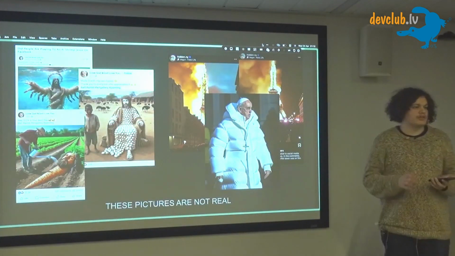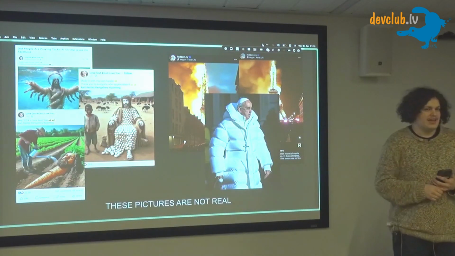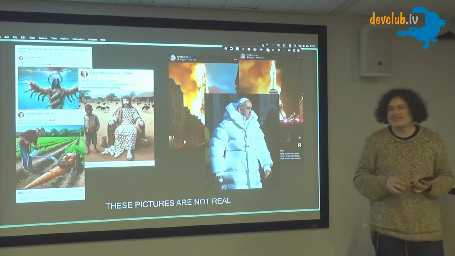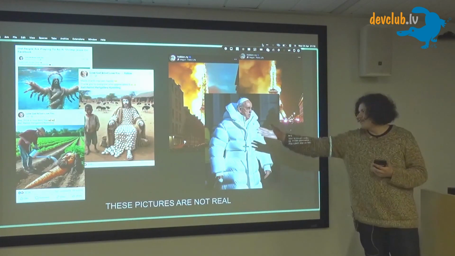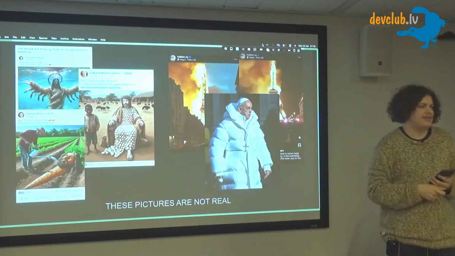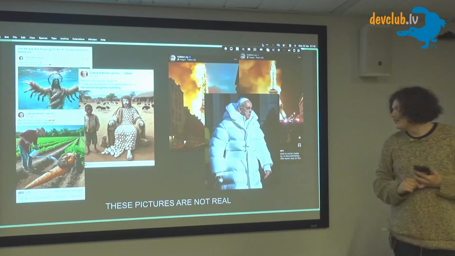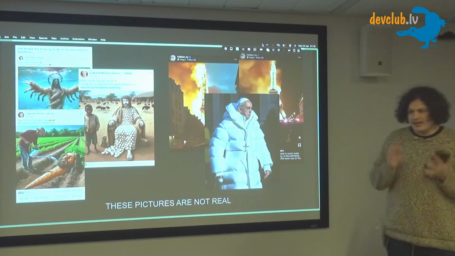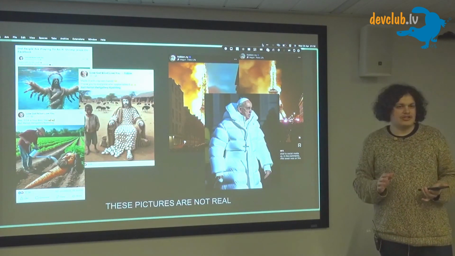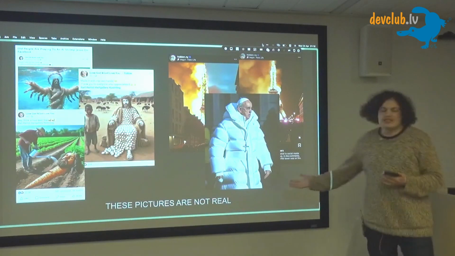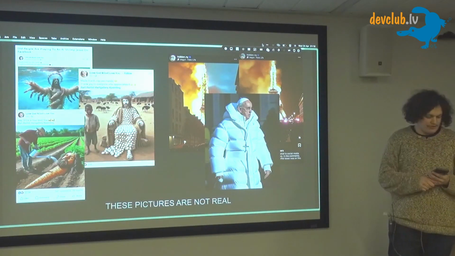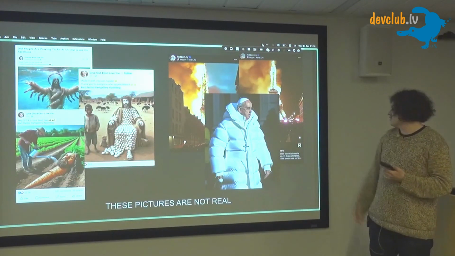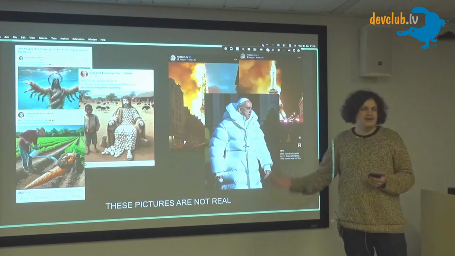So let's focus right now on the current state of the development of AI. The AI is here and is fully fooling us. On the left side you can see some fakes from Facebook, and there are even some articles. It's written, old people are praying to an AI shrimp Jesus on Facebook. So even the most basic generations can fool us. And on the right side are some of the most popular fakes of the AI sector. Here you can see the Pope in Balenciaga and also the burning Eiffel Tower. All those pictures are not real, all those pictures are fake.